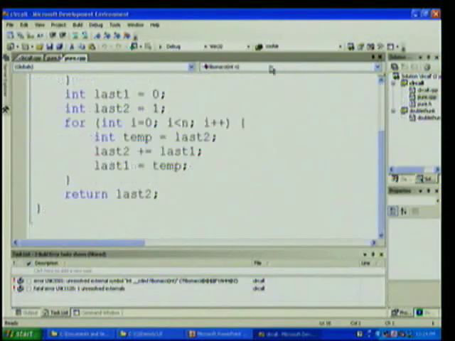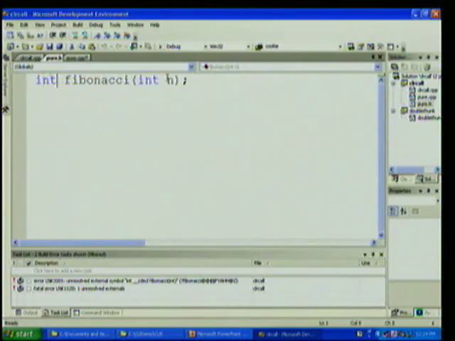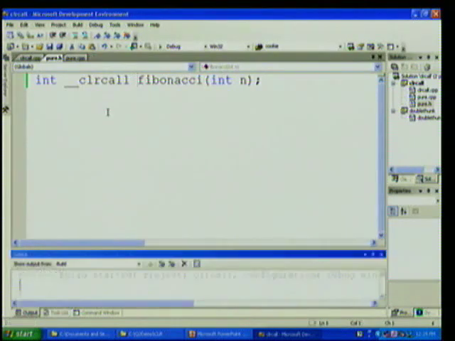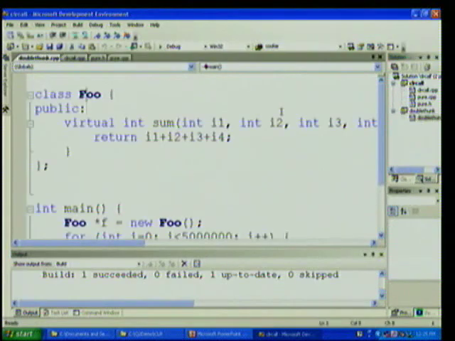So what I have to do is go into the declaration of this and specifically say that it is a clrcall function. Now, of course, since this header is included in the clrcall.cpp consumer, it sees the clrcall, and now everything builds successfully and it runs successfully. But before running it, I'm going to show you a different version of this file, which does a very similar thing